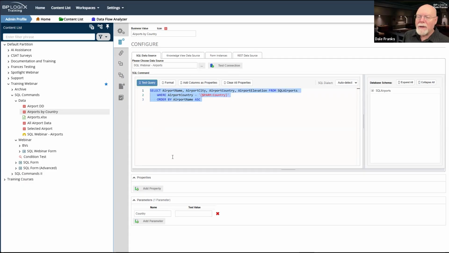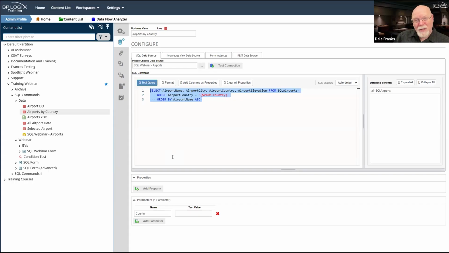We do not vet, other than the syntax checking that the new Monaco editor does, the SQL you're going to send to your database. That's on you. So we are going to execute without question the SQL that you place into the big box here. And if that SQL says update or insert or delete, we're going to do it.